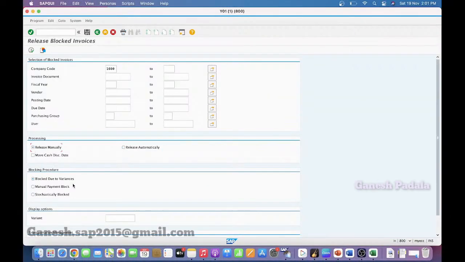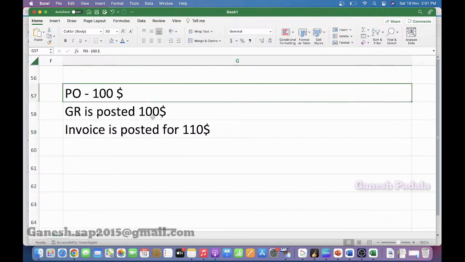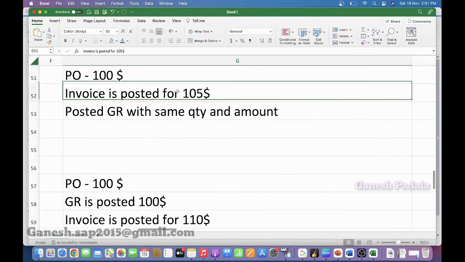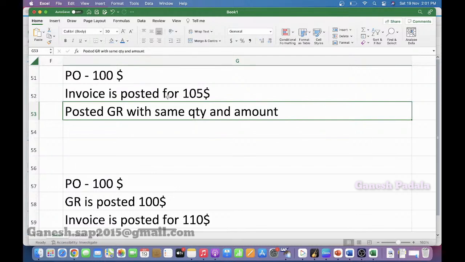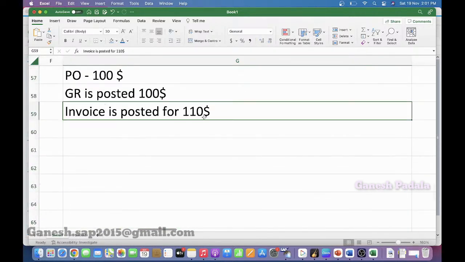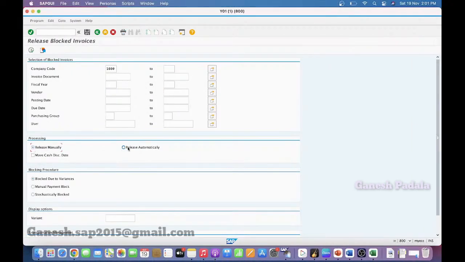100% it is the finance admin or finance manager who is responsible. He has to run it manually and verify whether the amount is correct or not. If they have any audit concerns, they have to change the PO price to 110 and cancel the GR before that, or else they will release the invoice manually. Automatic release can only happen if you posted the invoice first and later posted the GR, then the system verifies that the amounts are the same. Because both are 105, those invoices can be released automatically, but these other kinds will never be released automatically because the genuine $10 difference is posted and someone has to release it manually. So that's the difference between manual and automatic.